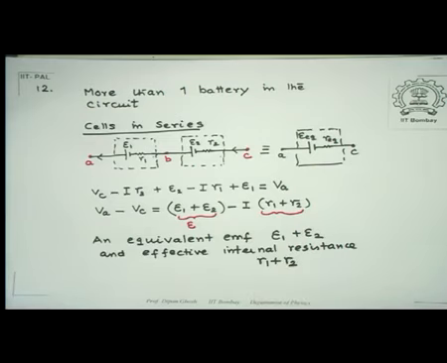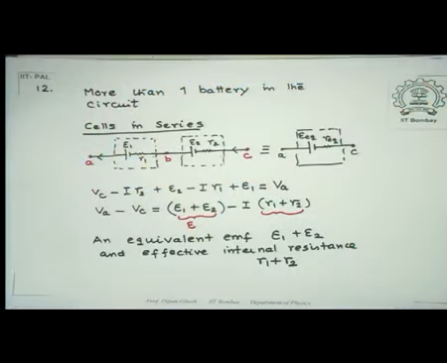I will in the next lecture talk about how to use cells in parallel. I told you that if you look up a normal torchlight, you put cells in series. But look up your remote at your home, you will find that the two positive ends are going together on the same side and they are in parallel. So I will obtain an equivalent EMF and resistance for the parallel combination next time,